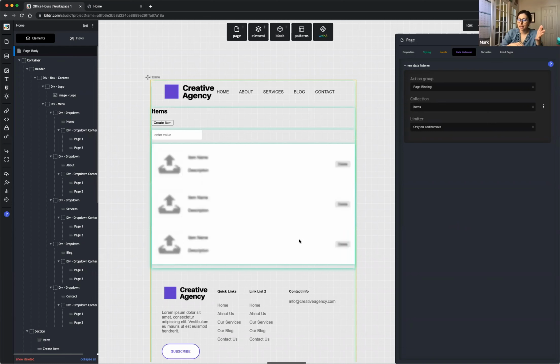And then you have some flows in there that actually do the page binding, that actually invoke the